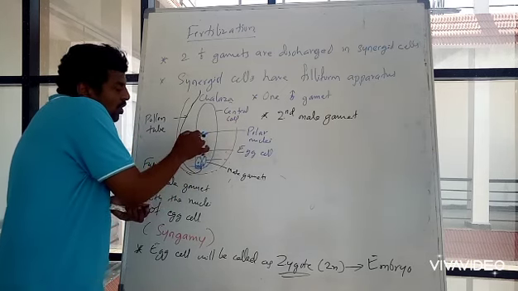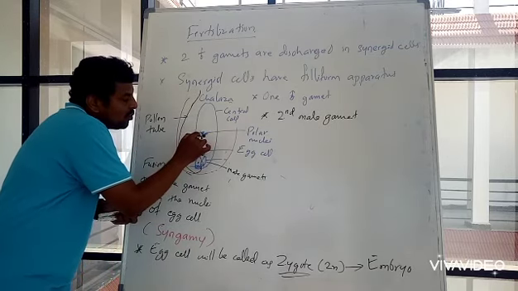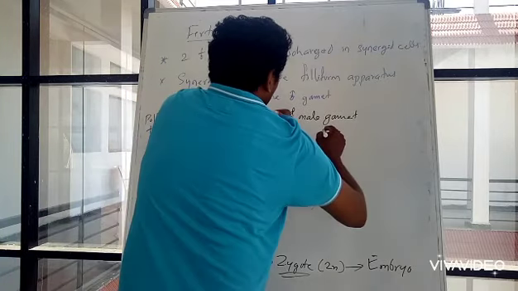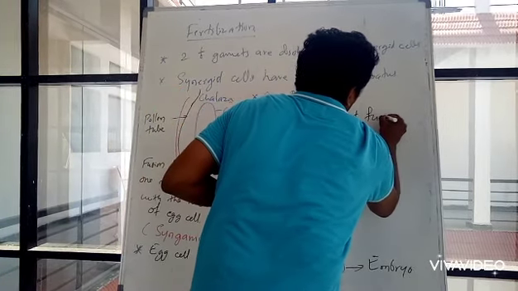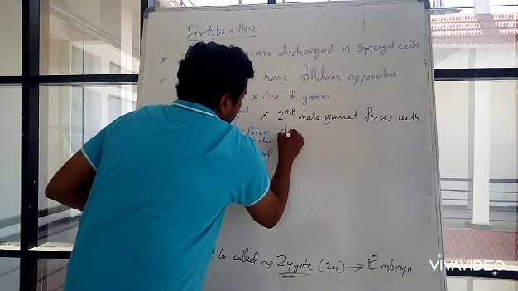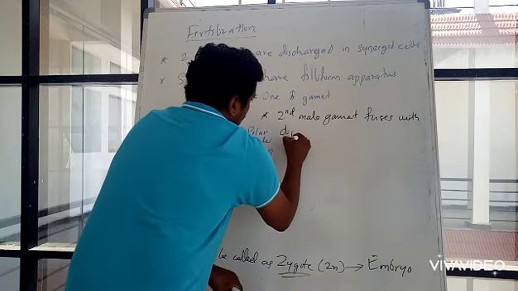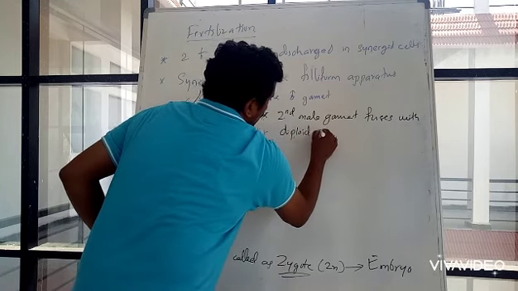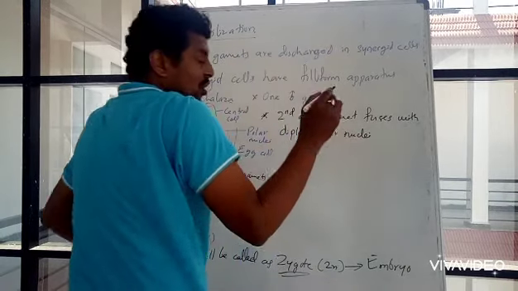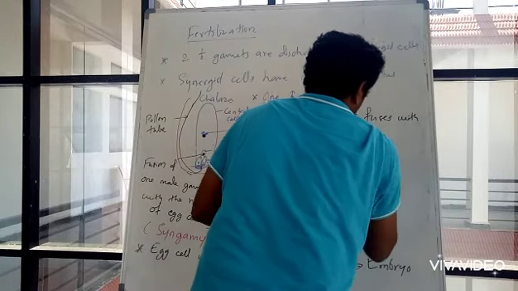With the two polar nuclei, the male gamete will fuse, making it triploid. 1, 2, 3. Okay. The second male gamete fuses with the diploid polar nuclei, forming the triploid condition,